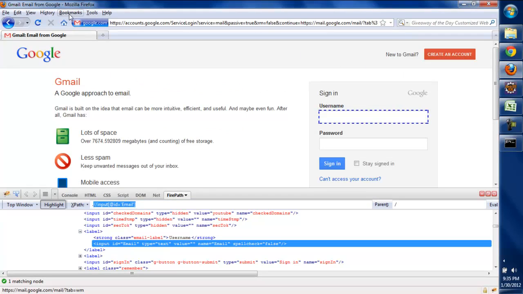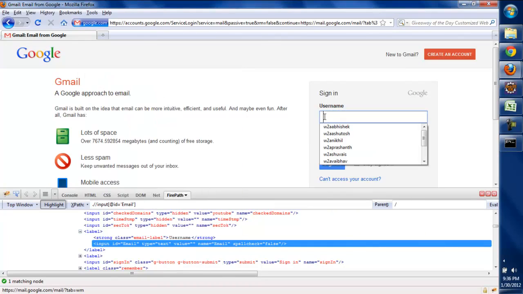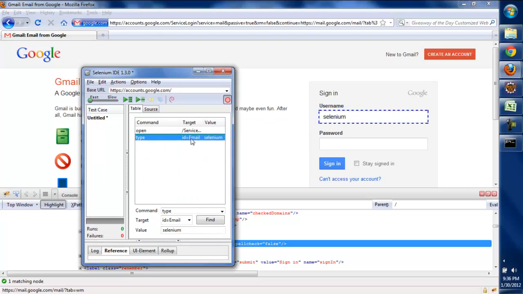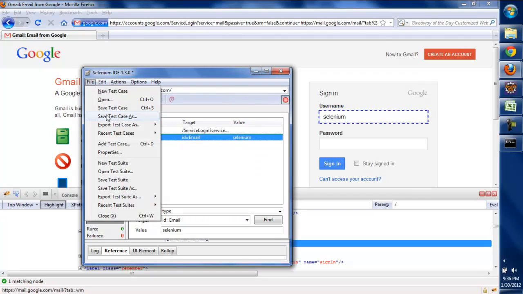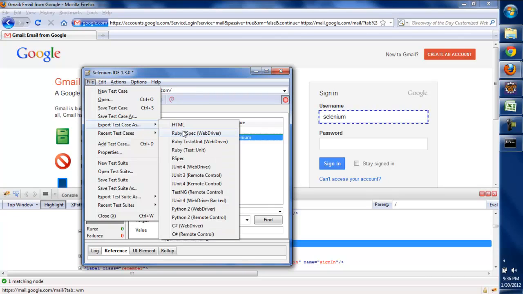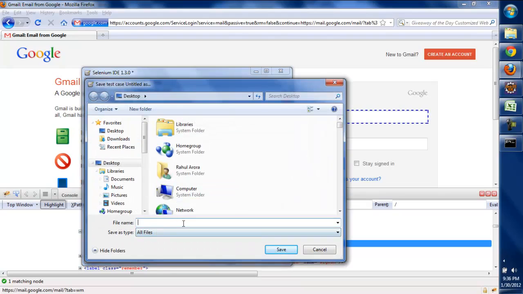So let's open up an IDE, and then we just click on this username and write selenium. So we go to this and we'll export the test case as, let's suppose, TestNG Remote Control. So we'll save it as Gmail test,